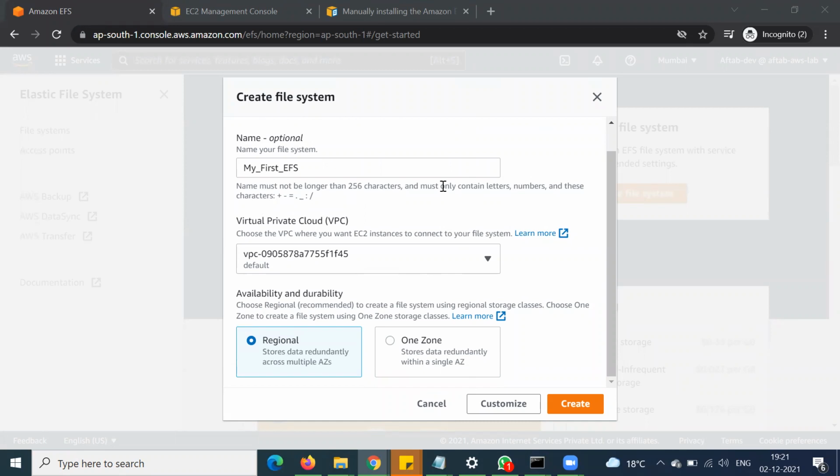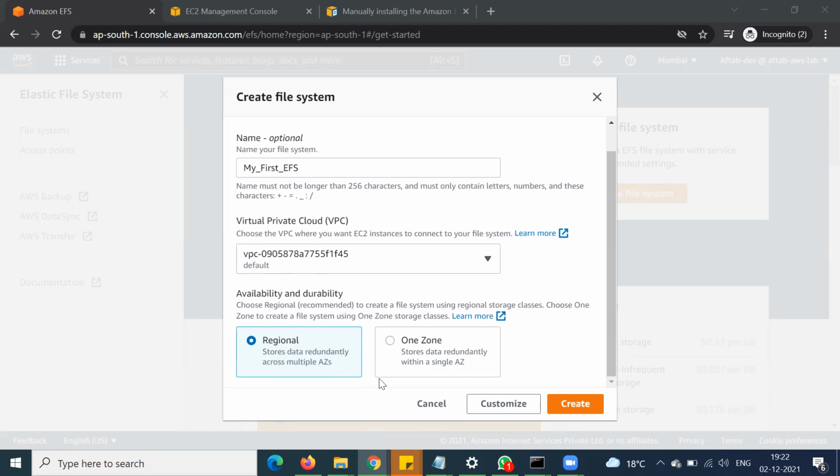In this demo lab, we are going to demonstrate the regional Elastic File System. We are not going to create our EFS in a single availability zone; we are going to look into EFS with multiple availability zones.